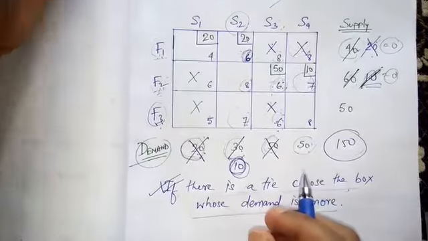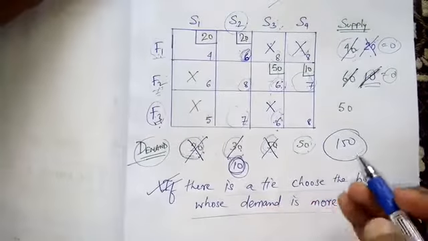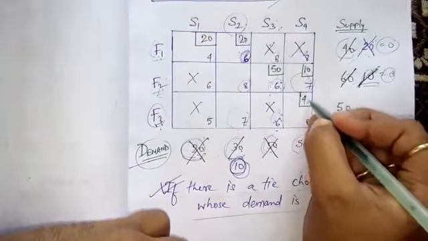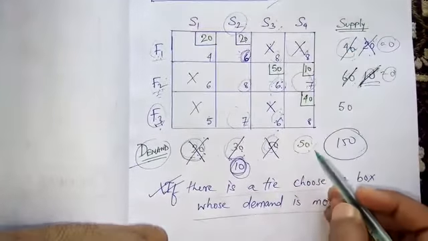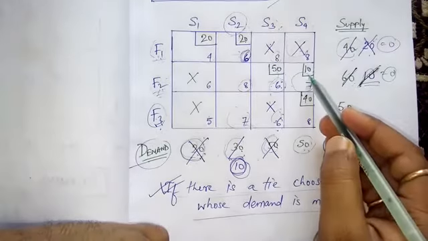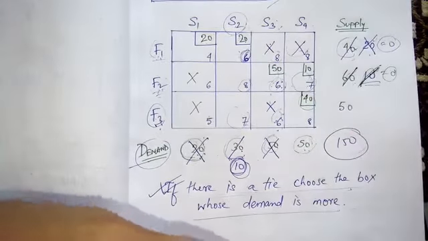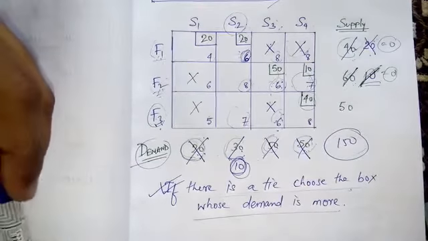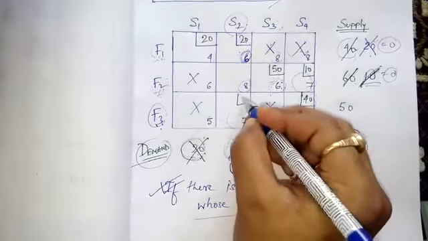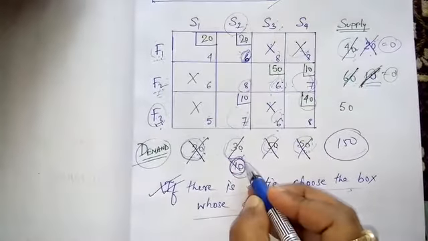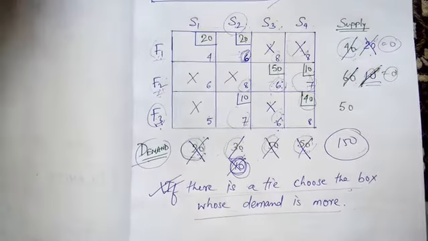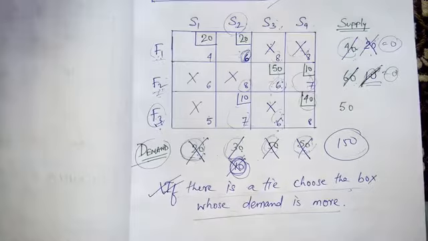Now there is no need to use the least cost method anymore. Of course, what is the value you are going to put here? 40, because store number 4 requires total 50 goods. So 10 you have supplied, 40 more. So this requirement is fulfilled. Okay. And how much are you going to put here? 10. This requirement is fulfilled and this box will be crossed. Okay. You have understood what I have done.